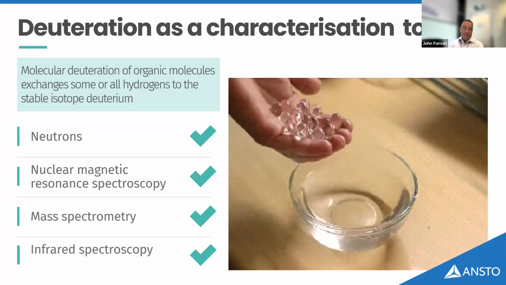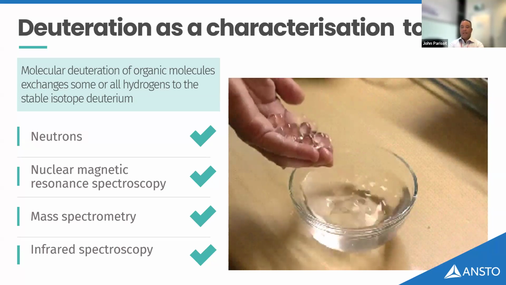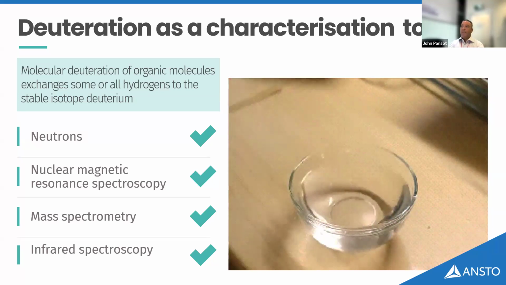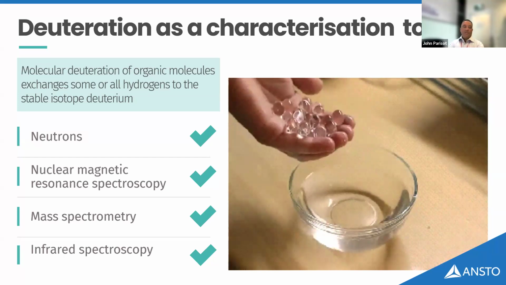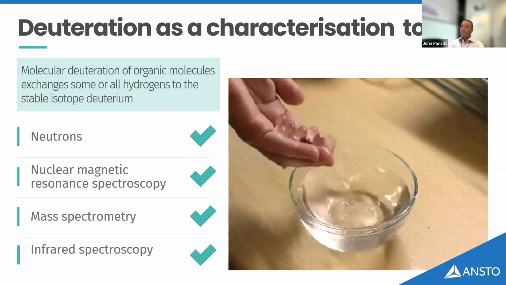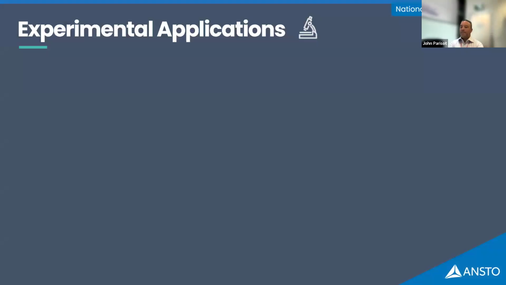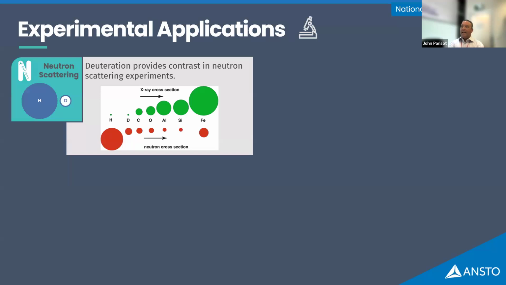It can be more easily identified using mass spectrometry and infrared spectroscopy as well. Just to list a couple of obvious advantages of deuteration. Next slide, Stuart. So yes, here's a slide demonstrating what I've just mentioned. The neutron scattering can help you elucidate structure with X-ray once you've added the deuteration to the molecule.